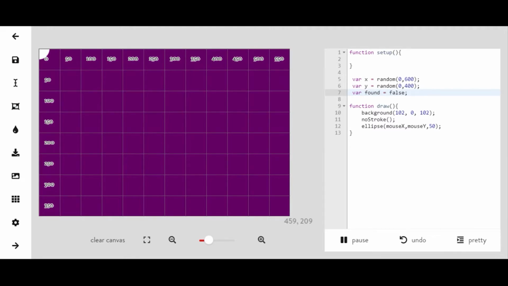We're also going to make a variable called found and set that equal to false. We'll set that equal to true later on when we actually find our object that we're looking for. The next thing that we're going to do is make it so that you get notes on the screen like hot, cold, warm. So for that, we're going to use distance. And we're going to say if the distance between mouse X, mouse Y, and X and Y, so our mouse and our hidden object, is less than